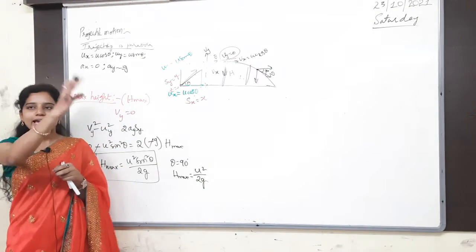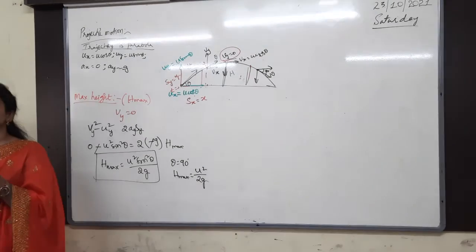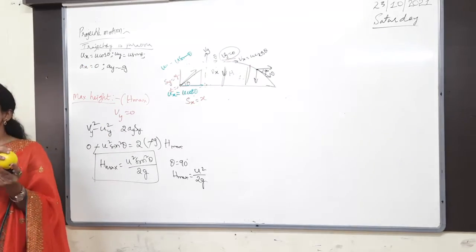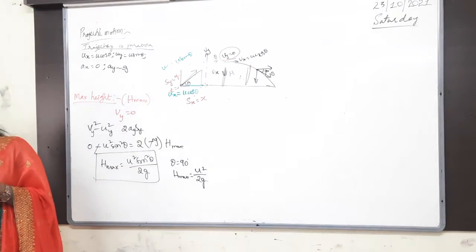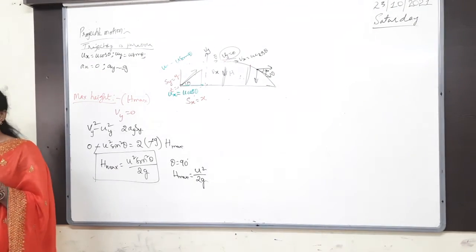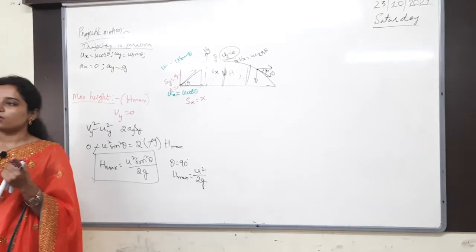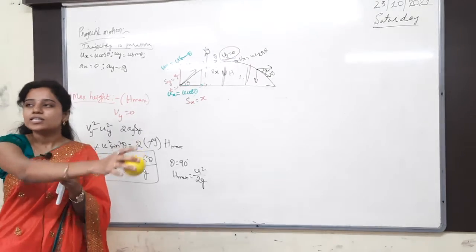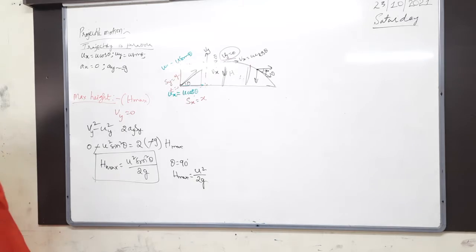Whenever I throw at an angle, for example, if I throw like this with the velocity, it will reach a certain height. If I throw like this, then this height will be lesser than the first height. Why? Because when I throw vertically only, there is no horizontal component, it goes upwards and then comes directly downwards. But here two are there, one is horizontal velocity, another is vertical velocity. So it will reach less height than the first case. So that is the maximum height.